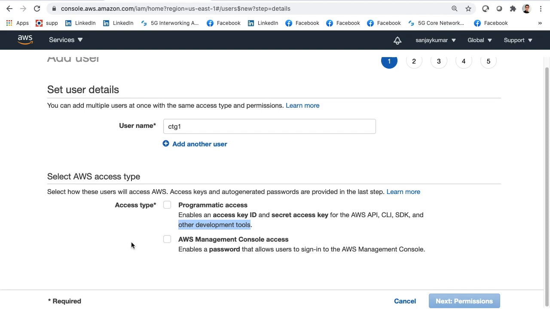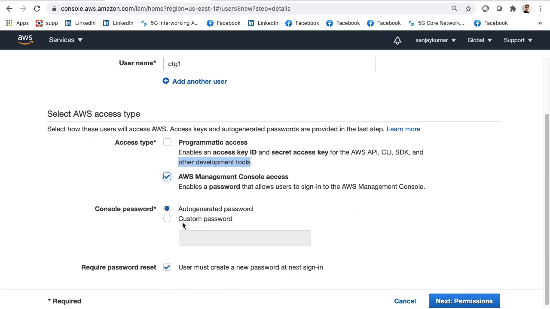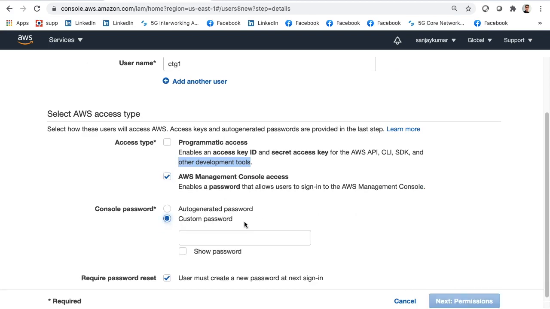However, if I want end users, as human beings, to log in to this AWS infrastructure, I will go with AWS Management Console access. So this is what I'm going to choose. It can be an auto-generated password, or I can go with a custom password. In this scenario I'm going with a custom password, and there are some limitations on custom passwords.